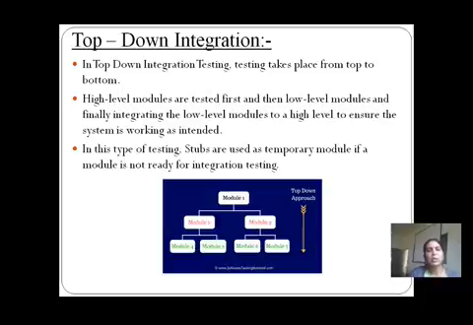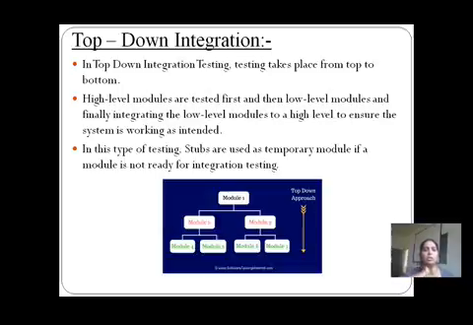This means that when we are performing the integration of these modules, we need to integrate them in such a way that it cannot change the features of the previous modules and their own modules. When we are adding the features in modules 4 and 5, the features of module 2 will not get changed. This is the main thing which we need to consider when we are performing integration testing.